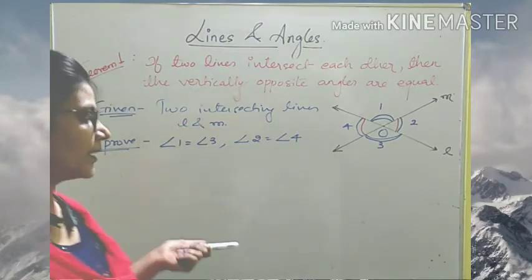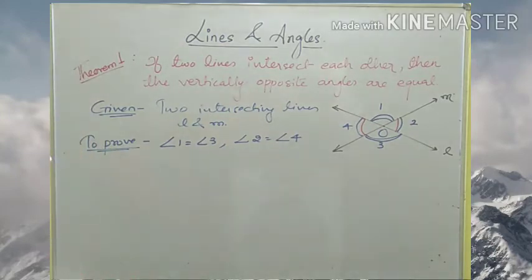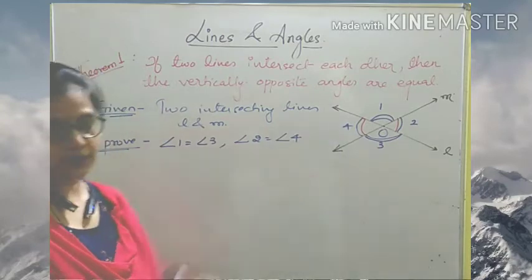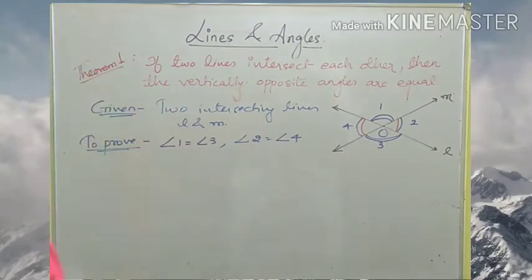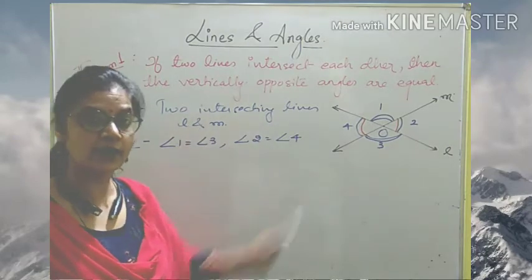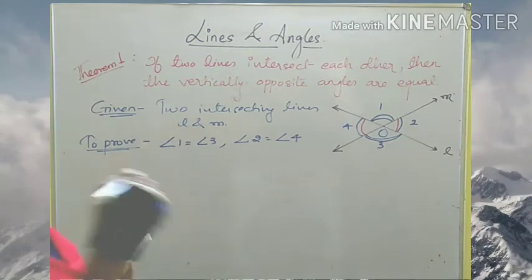Now, if the construction part is there, then we have to write given, to prove, then the construction. Now, this is very much important. Students are doing just the proof. अगर आप सिर्फ proof करोगे तो you will lose your marks because this carries 1 or 1.5 marks depending on the marking of the problem.